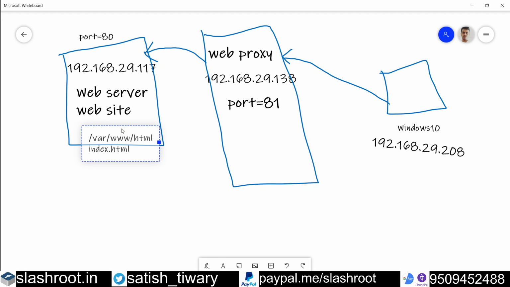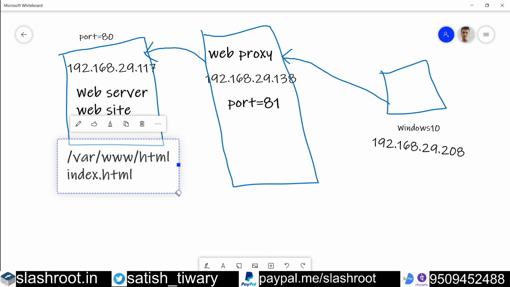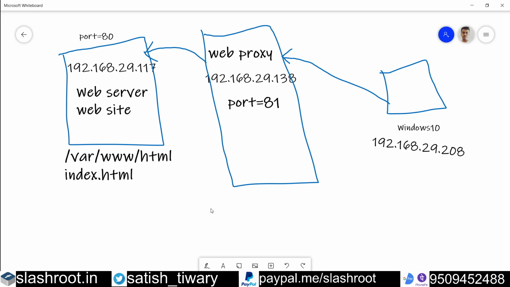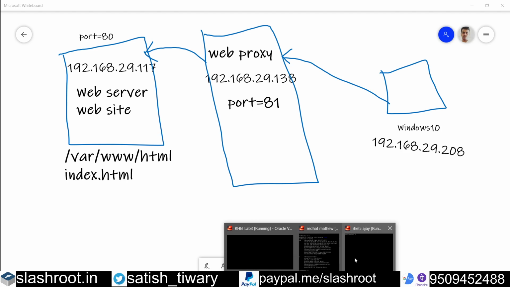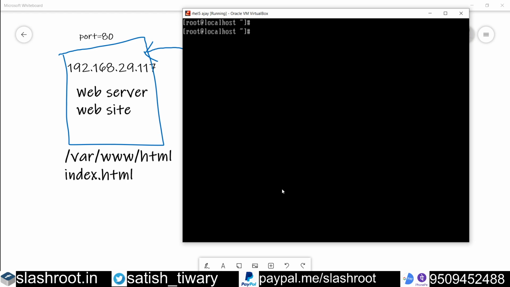So /var/www/html will be our folder and index.html will be the name of the website home page. So let's go and configure. We are going inside cd /var/www/html, and here we are going to create the file index.html.